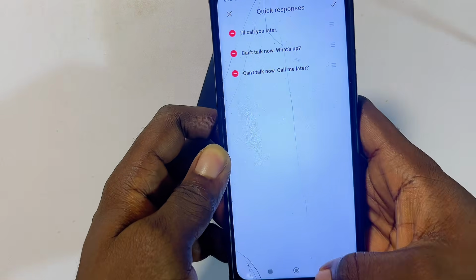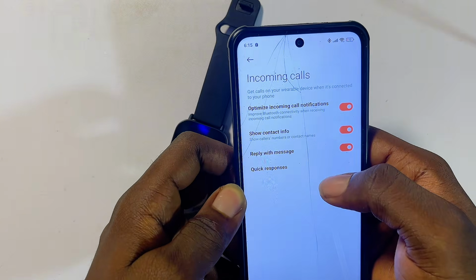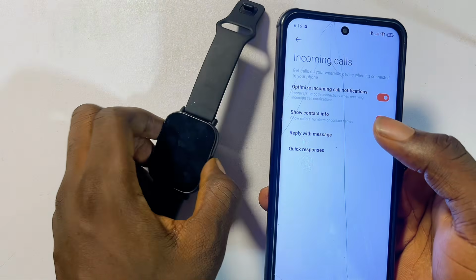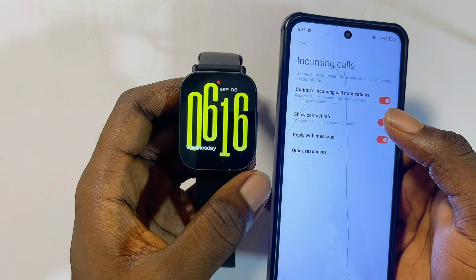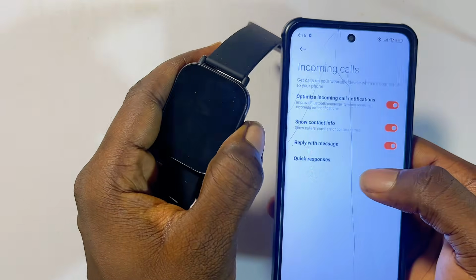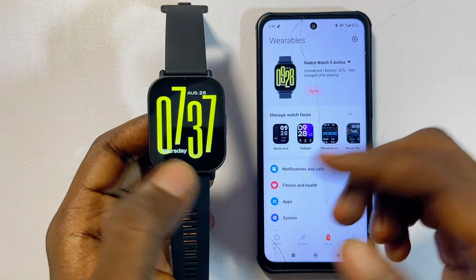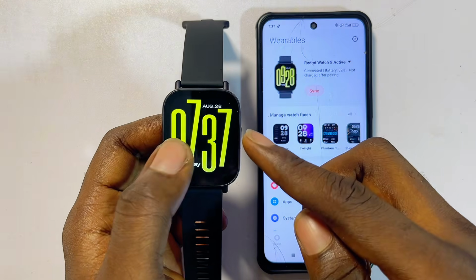And once this is saved using the Mi Fitness app on your phone, from your Redmi Watch 5 Active, whenever there is calls, you can just send any of the quick messages you want to be sent to anyone that calls you. Also keep in mind that when making calls, you don't have to worry about bad audio coming from